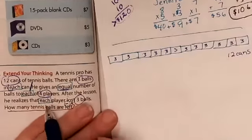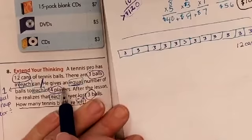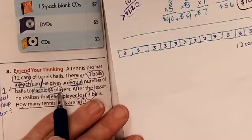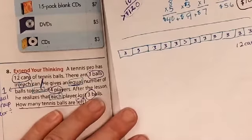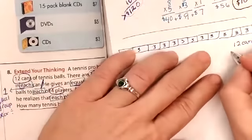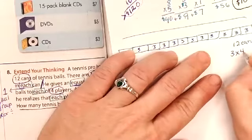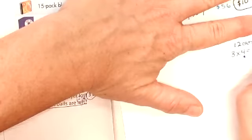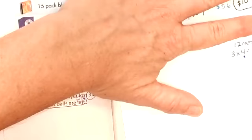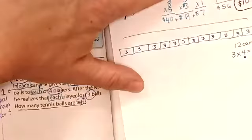Okay. I see that he gave an equal number of balls to each of 4 players. So if I'm looking here, I have 12 cans, and I know that 3 times 4 equals 12. I'm just looking at the cans right now. He has 12 cans. He has 4 players. I know 3 times 4 equals 12. So I'm thinking if I split this up into